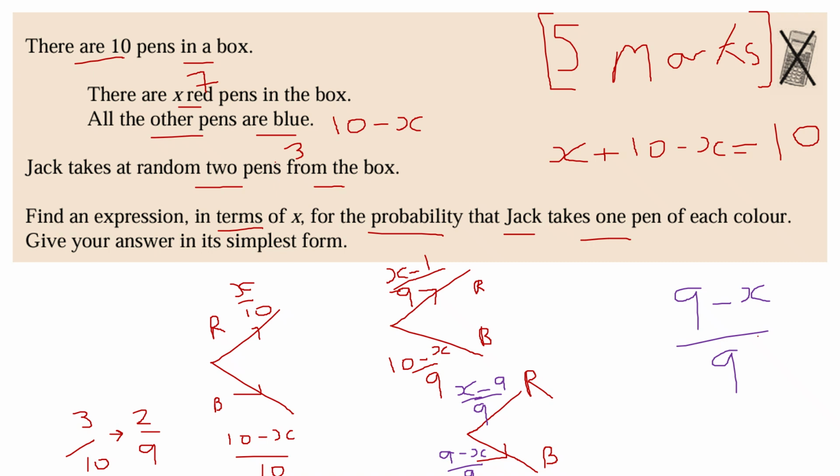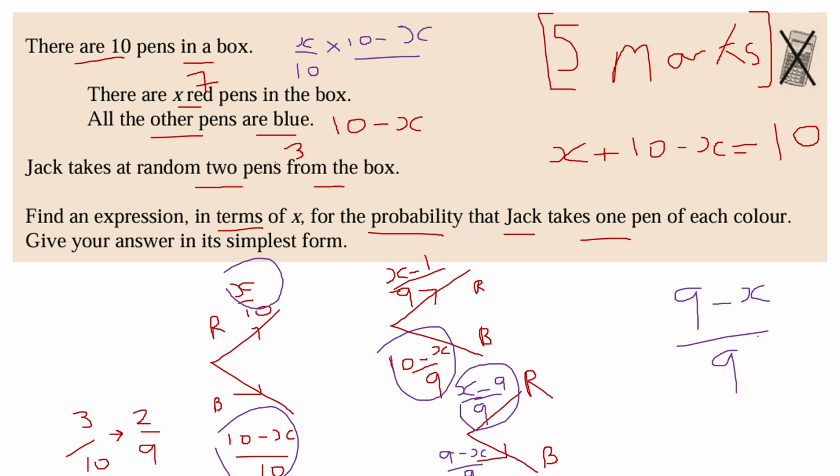Actually, so now I'm going to do this times this plus this times this, right? Because it's one of each color. So we're going to have x tenths times 10 minus x over 9, or 10 minus x ninths. And then I'm going to add on this 2,